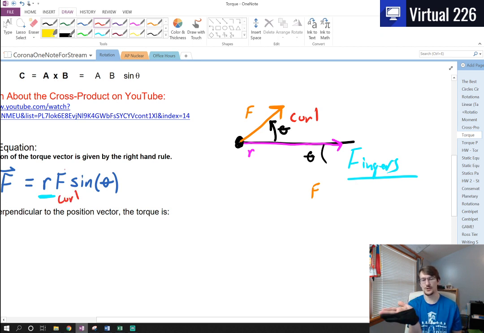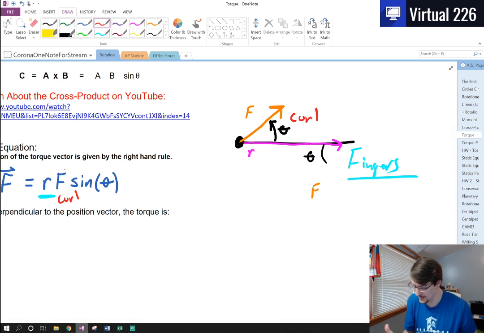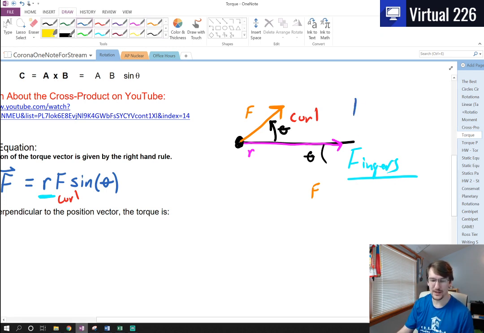And when we do this, if I'm looking at my screen right here and I go from R to F, I can see that my thumb is pointing out of the screen, or if I'm doing this on paper in front of me, it's pointing out of the paper. It's like going up towards the ceiling. And since this torque is based off of the right-hand rule, where the thumb is pointing is the direction of the torque,